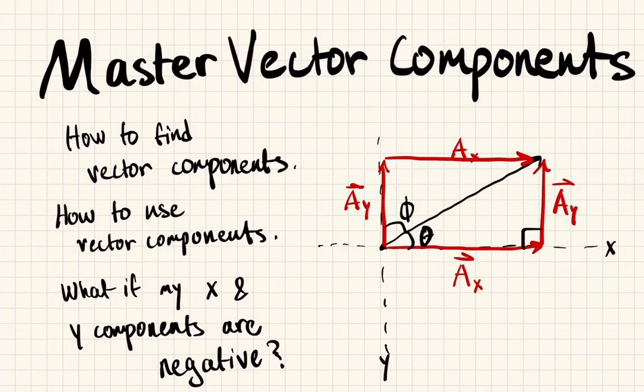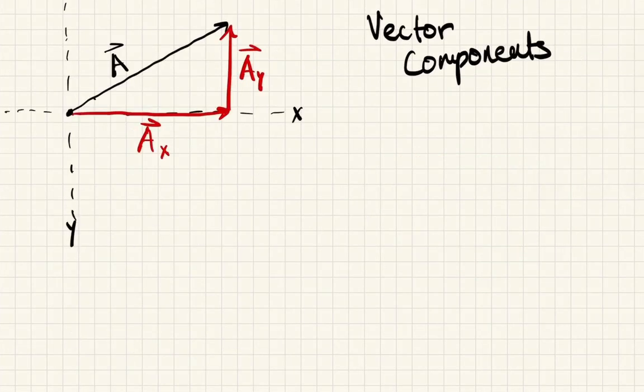Today I'm going to teach you how to work with vector components. Let's think about how we would find the magnitude of our x and y components. Well, if you look at how we've drawn these vectors, you can see here that there's a right triangle. And this right triangle has the x and y component as the legs and the vector a as the hypotenuse. And so we can actually use a little bit of trigonometry to figure out the magnitude of our x